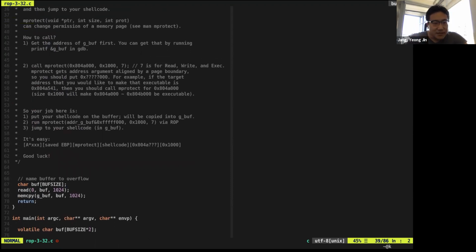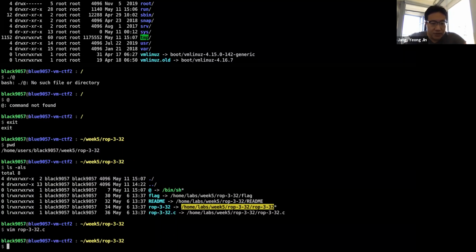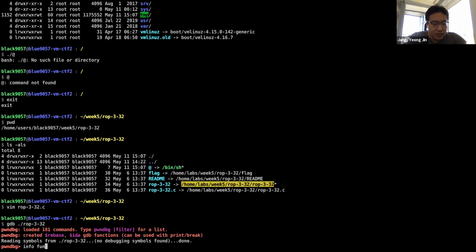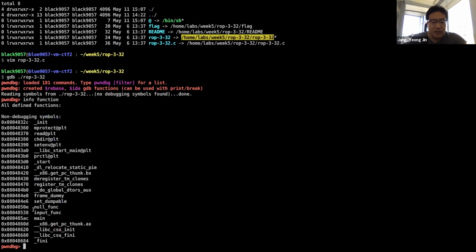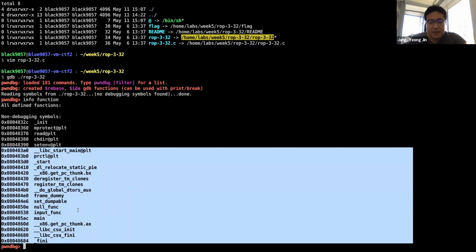So there's a little bit of description of the challenge, and this is what the challenge is all about. You know that there's a buffer overflow vulnerability, but the problem is where do you want to jump to? In the previous challenges, we tried to use functions such as execve or open, read, write, but we cannot find any open, execve or system functions here. And because ASLR is active, other than the functions listed here, you don't know where the address is. So only the